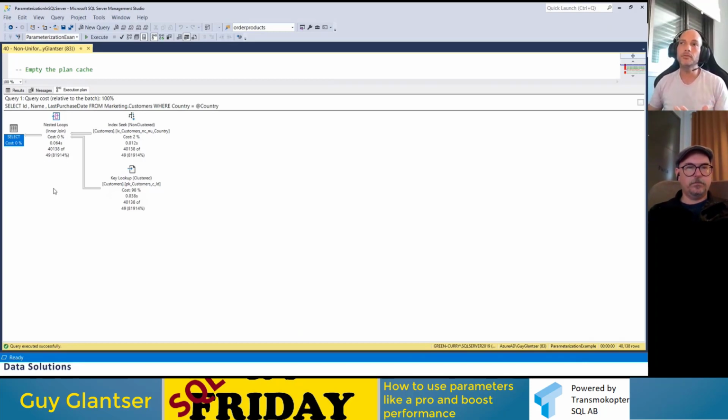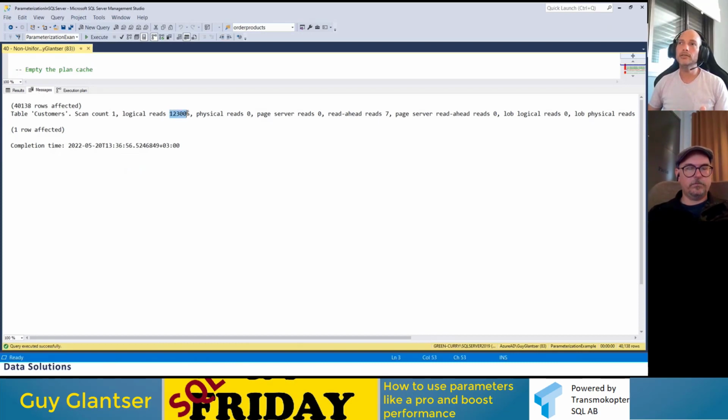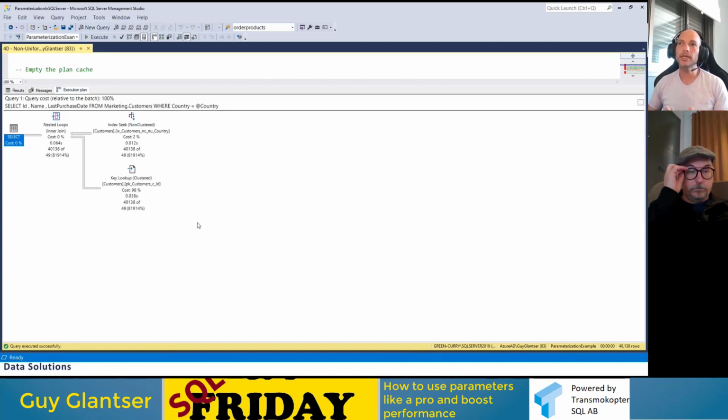But in this case, we got it wrong. This is a very, very poor plan for this scenario. If we look at the logical reads, so many pages we need to read to return this data. It doesn't make sense. Okay, this is a poor plan. And by the way, some people get it wrong. It's not that the optimizer tried to estimate and came up with the number 49 and it was wrong. It didn't even try to estimate. It simply reused the plan from cache, where the estimate in the first execution was correct then.